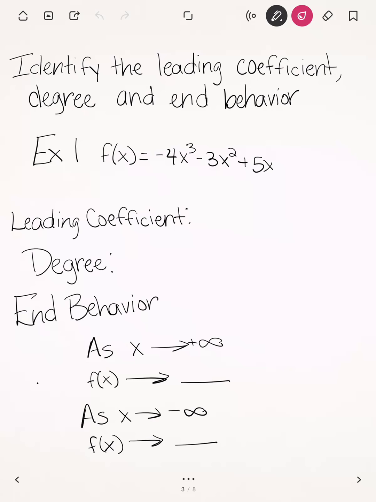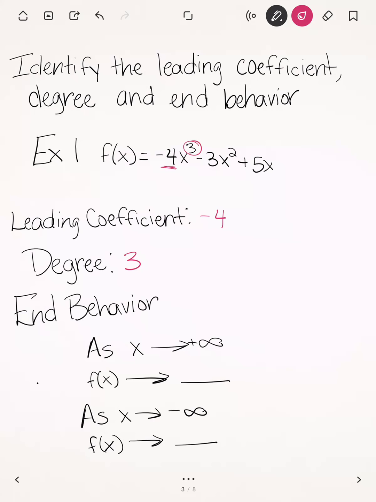So the leading coefficient, I look for it to be in standard form. So right now I have 3, 2, and an x. Awesome, standard form. Meaning my leading coefficient is the first term. So my leading coefficient is negative 4. Then my degree, the highest degree out of all of them, well, that's cubed, so my degree is a 3. Now, end behavior. So I have an odd degree, meaning my